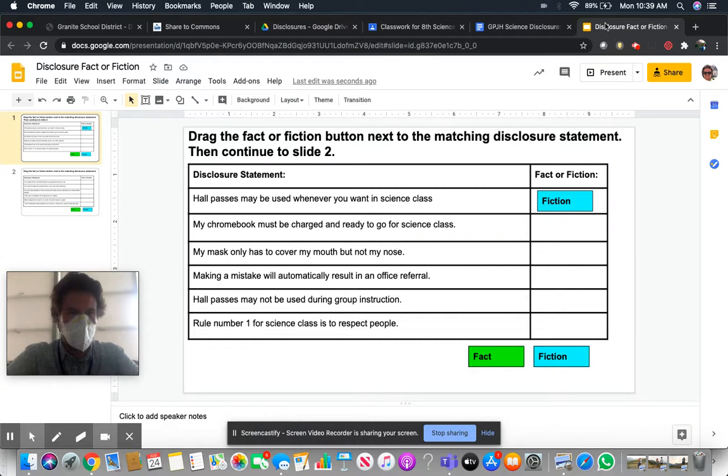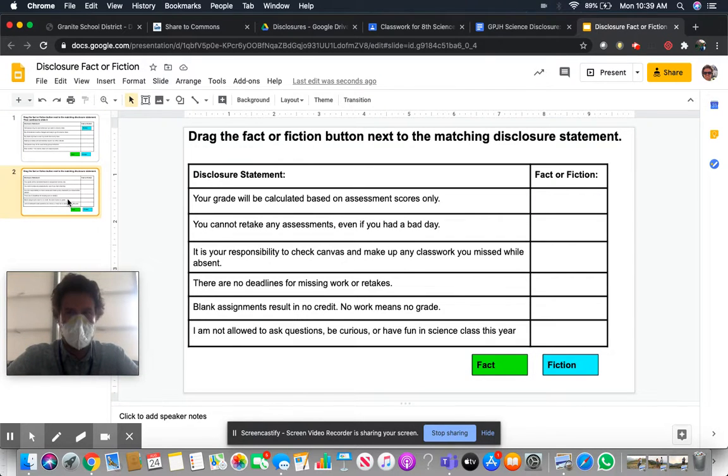Okay, so those are the directions for your fact or fiction document. When you are completed with both of these pages, page 1 and 2, make sure that you turn in your assignment, and I'll be grading that and handing that back to you